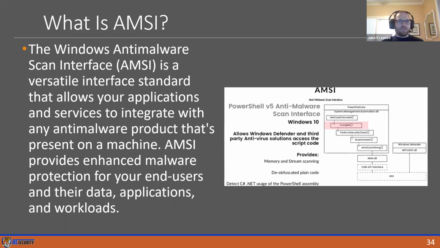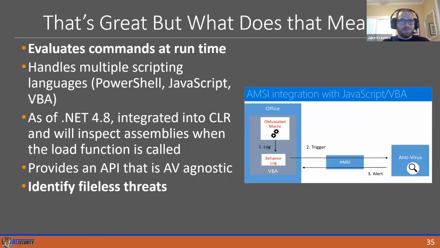So this is the very wordy Microsoft definition of what AMSI is. I'll give you guys a second to read it. It's on there, you can read it, but it's very wordy. It's great, but what does that mean? The big takeaways are that it was introduced to identify fileless threats and it evaluates commands at runtime, which means that